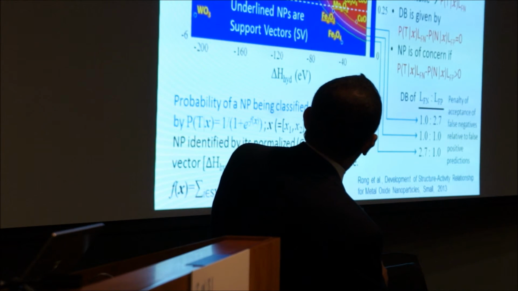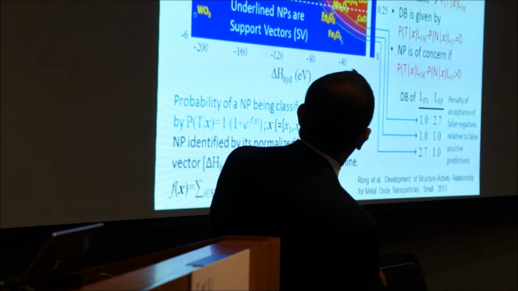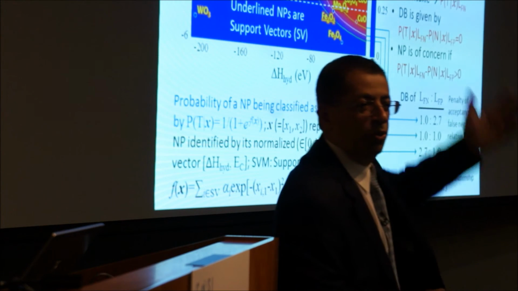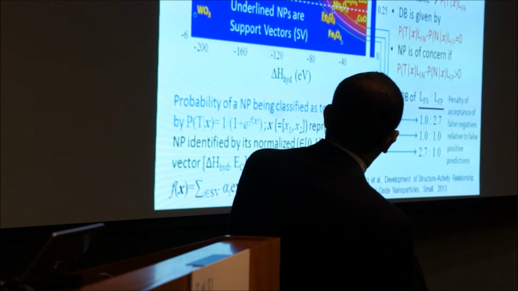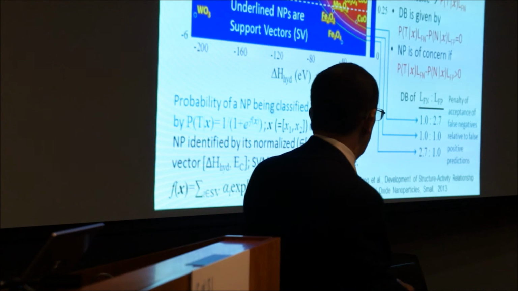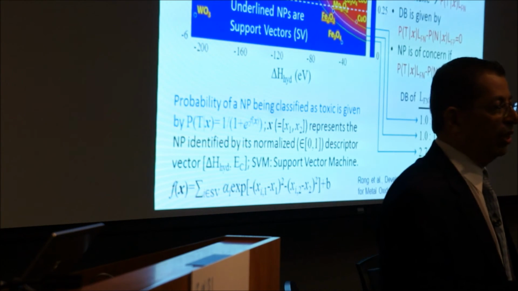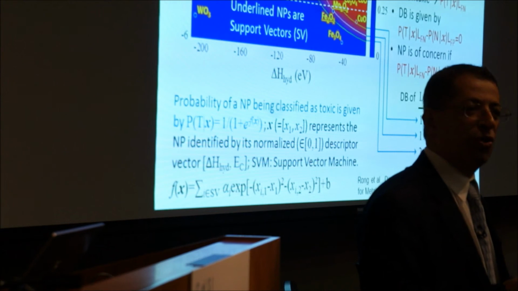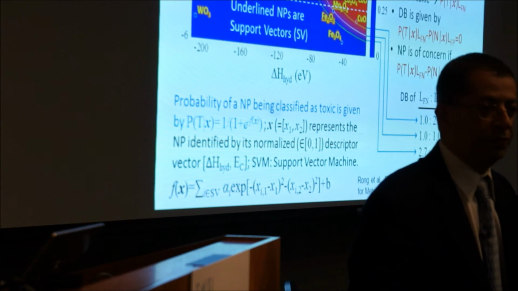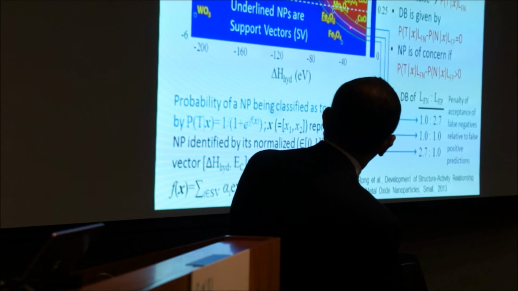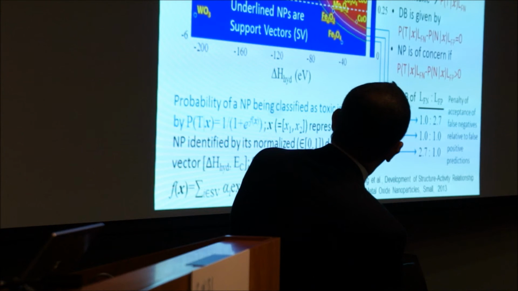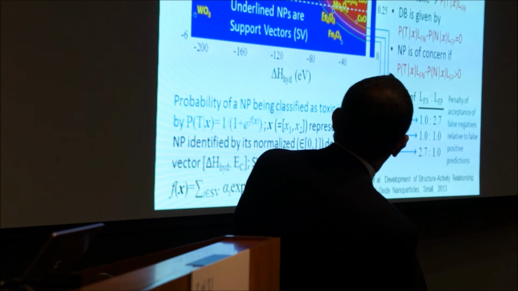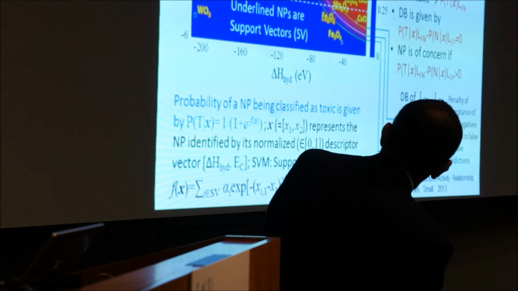So if it's up at the top here, very red, we can say yes, 90%, 100% that we would classify this material as toxic. Now you see lines in here. Those lines are important because if you're a regulator, you might say, I really don't care if a material is declared as toxic or non-toxic, I'll accept errors both ways. This will be this line in here. And so you see here, you have copper oxide on the verge, and you see the same thing with manganese oxide and nickel oxide.